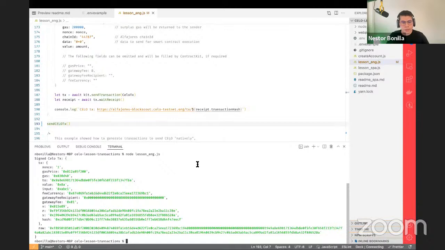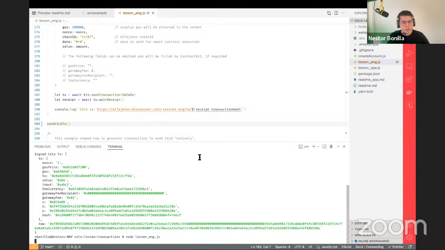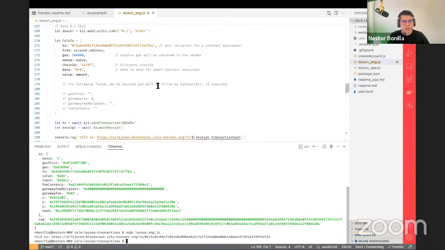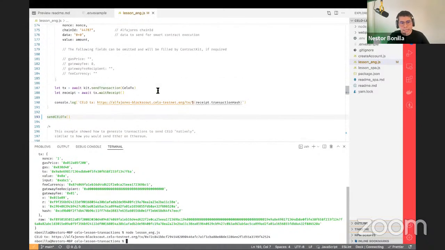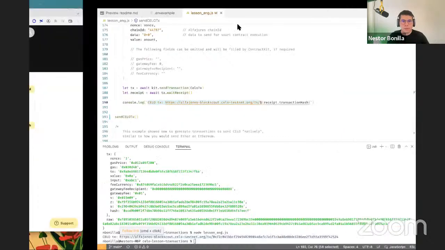Yeah, we're gonna do the same. Right now it is getting the transaction and sending that to the blockchain. Then we are gonna get the hash of it. And as you can see in the console log, I'm just elaborating a URL that is gonna be the Blockscout. So in the Blockscout,